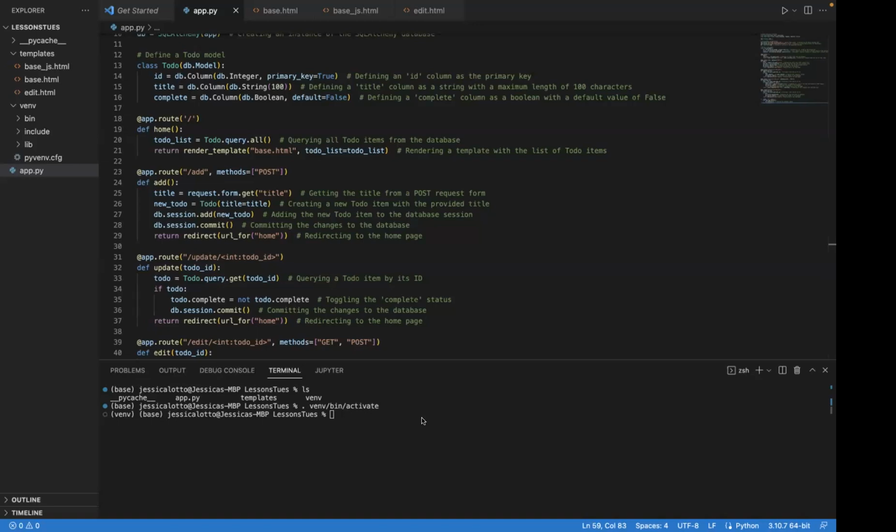So it's referencing my database. To-do list equals my database dot query, a method, dot all, which means I want to see all of my to-do items from the database. And then I'm going to return render, sending those to base.html, and I'm creating a variable that I can send to my HTML, and I'm naming that variable to-do list. Because I'm going to use that and render that list on my HTML as a